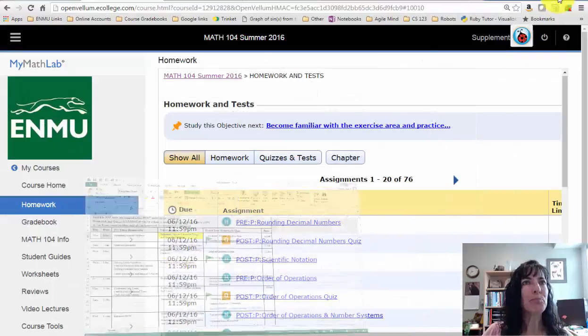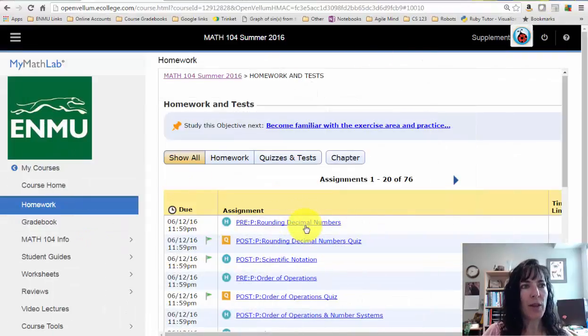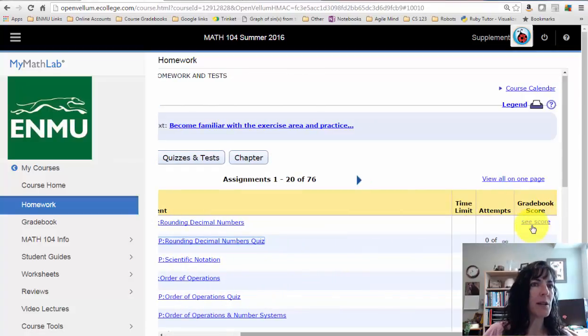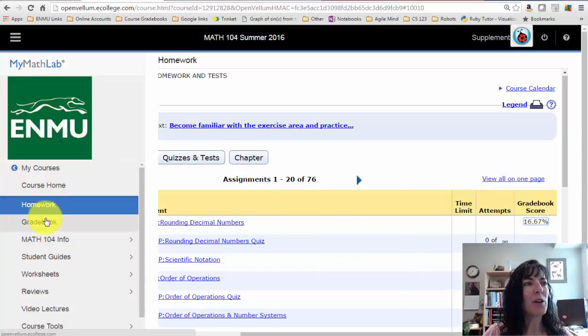All right. So there's where we should do those things, and then this is the next day starting up. So you can see they all have the same due date of June 12th, but on the schedule, you'll see that you have different days where you're supposed to get things done. You can see your score by clicking here. I only did one problem. And if you want to see what you have completed so far,